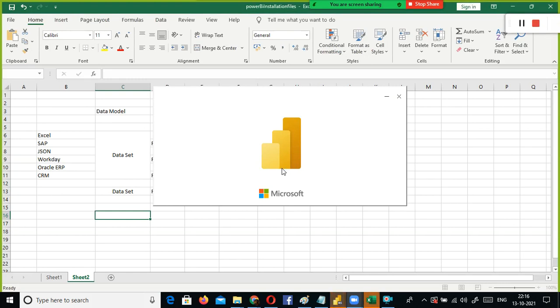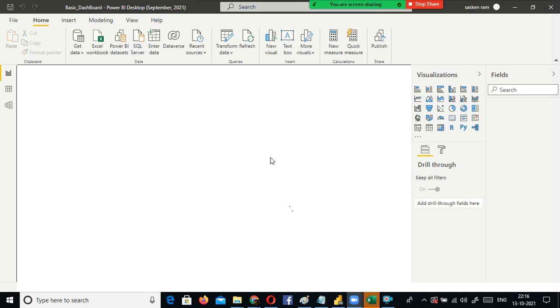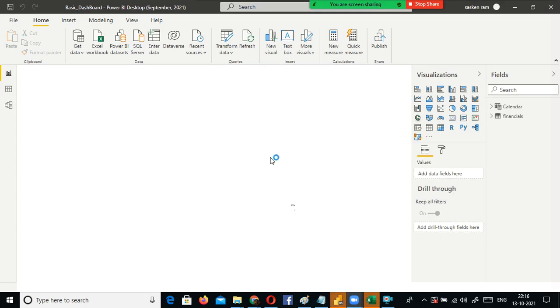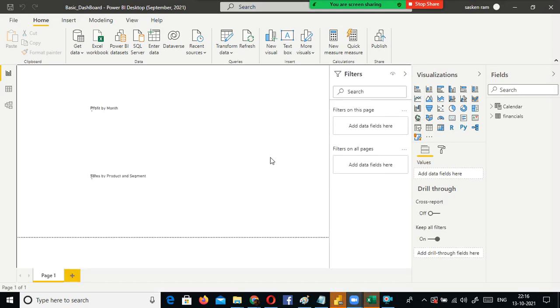We will see tables and everything, and we'll try to build everything from scratch. This has already been created, a very simple one.